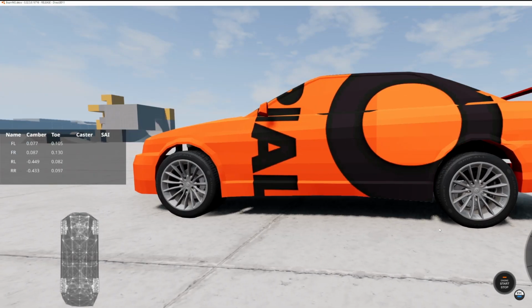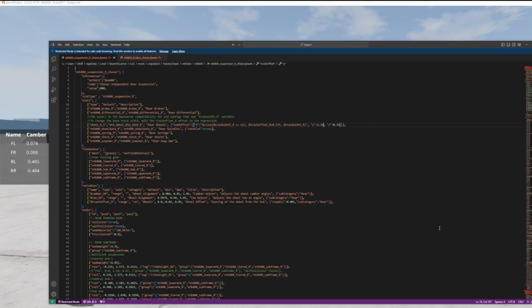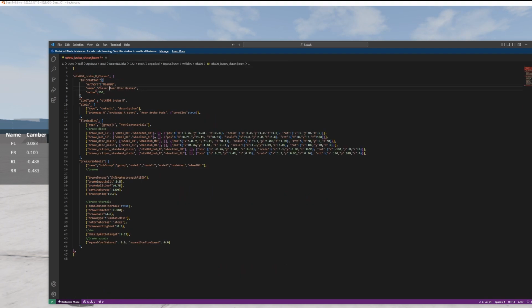So now we're going to fix the brake rotor. So go back to your jbeam file. We can now close out our suspension. And we're going to match the brake location to our wheel location. So we have this whole set of the brakes. We're going to look for a position and edit all the middle value here. What you can do in